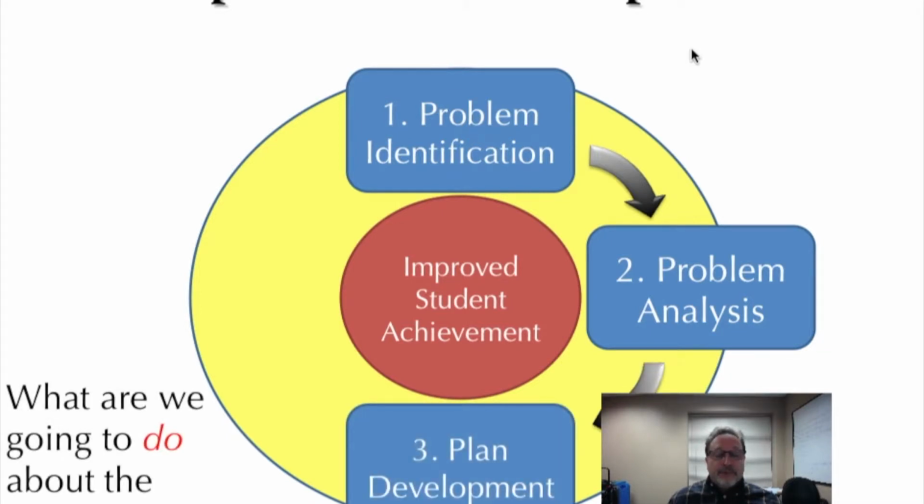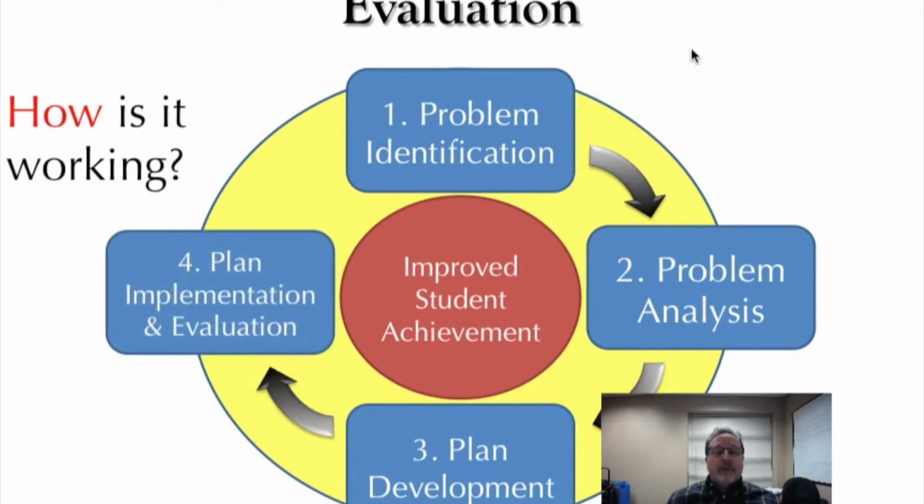We moved then to step 3, plan development, and that is where you take all that information that you've gathered, and the team looks carefully at all that information and really determines a plan that they feel will address the range of needs for that student. Again, those range of needs may be beyond just academics, but may include behavior, and often do at this level, or even some other variables outside of school that have to do with home support or whatnot, so that you're really looking again more broadly at a range of possible factors that could be affecting this child's performance and success at school. So what are we going to do about the problem?